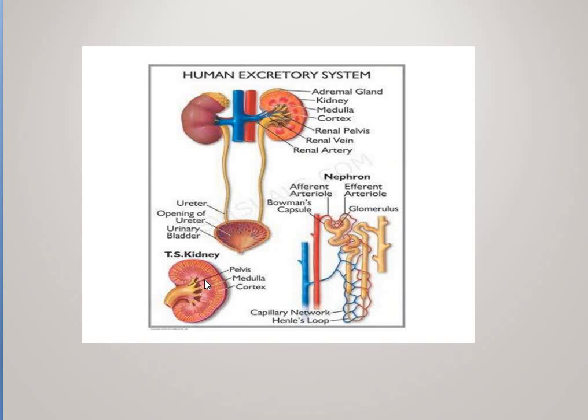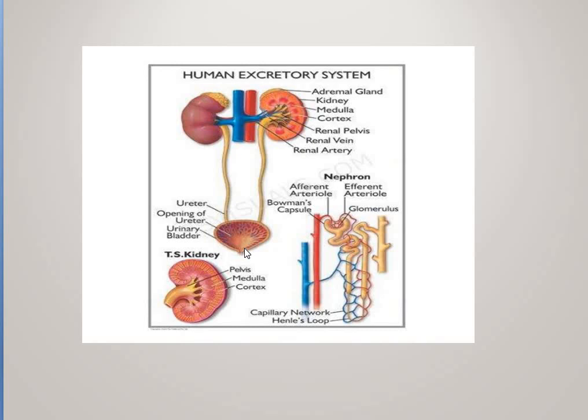Now each ureter is about a 30 centimeter long tube, and it opens to the urinary bladder by a slit-like aperture. The ureters carry the urine from the kidneys to the urinary bladder. Now the urinary bladder is a pear-shaped organ, as you can see the structure over here. It is a pear-shaped muscular reservoir for urine, and it lies in the pelvic cavity of the abdomen. The neck of the urinary bladder is surrounded by sphincter muscles which remain closed